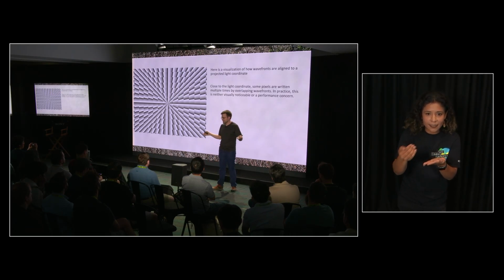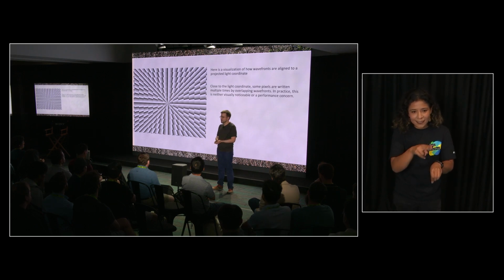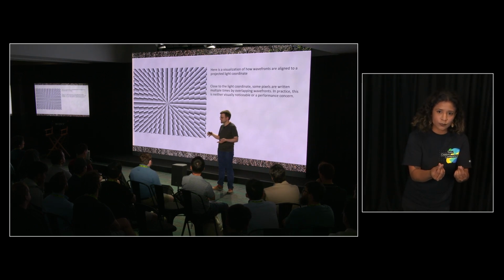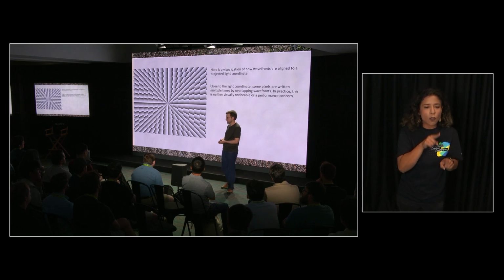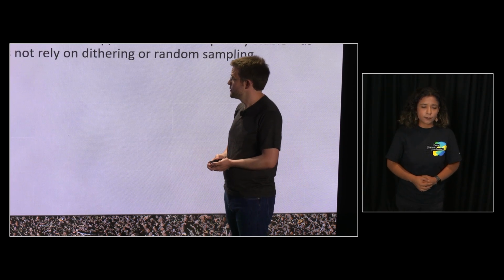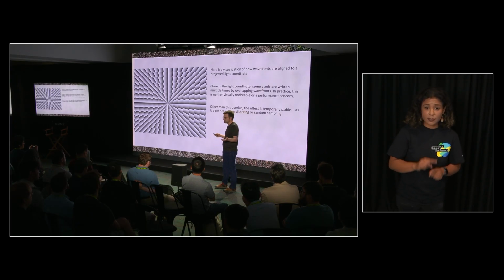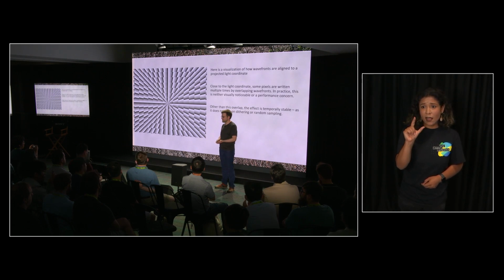Unfortunately, this is just the nature of how it works, so there is some non-determinism there because we can't necessarily control the order of the GPU. Well, we can, but it's difficult. But in practice, we found this was neither visually a problem, nor was it a performance problem. It's only a few percent in terms of the overlap. But otherwise, this core algorithm doesn't rely on any dithering or random noise, so it should be pretty deterministic.